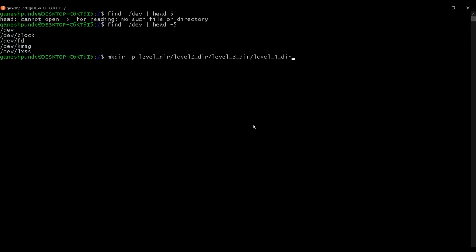By using this command, I am saying create this path, so this will create the entire path: level 1 directory, then level 2 directory, level 3 directory, and level 4 directory.